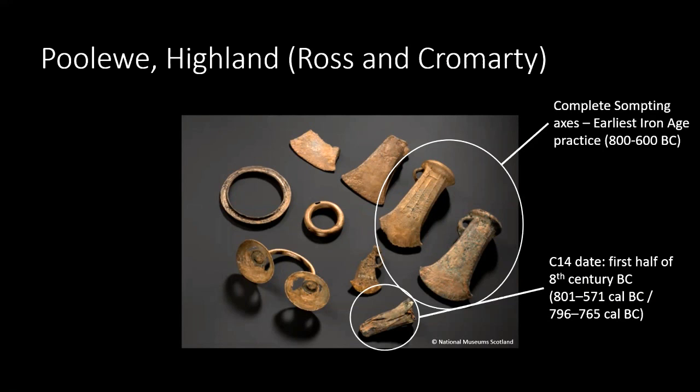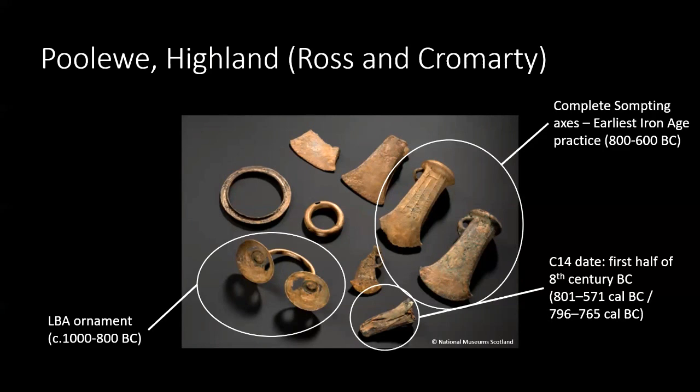However, when we delve into this hoard a little bit further, there is also a late Bronze Age form of object, this cup-ended ornament, which dates more conventionally to the preceding 200 years. It's a very unusual object and shows signs of where we may speculate that this is an older object,